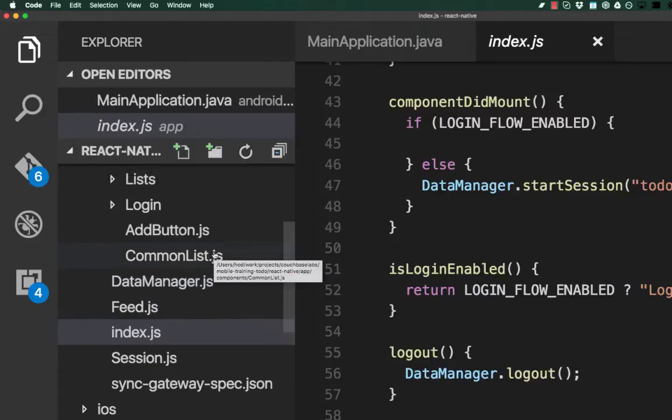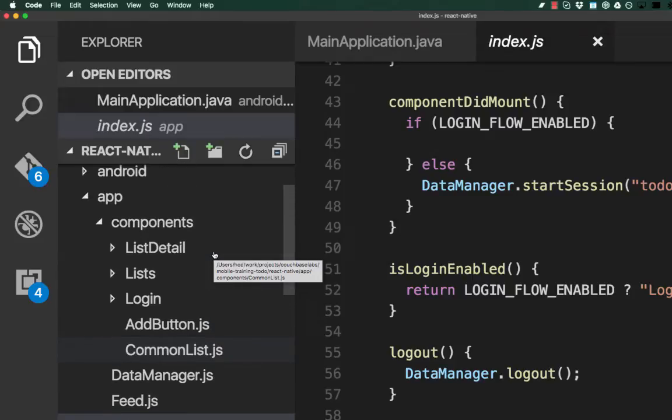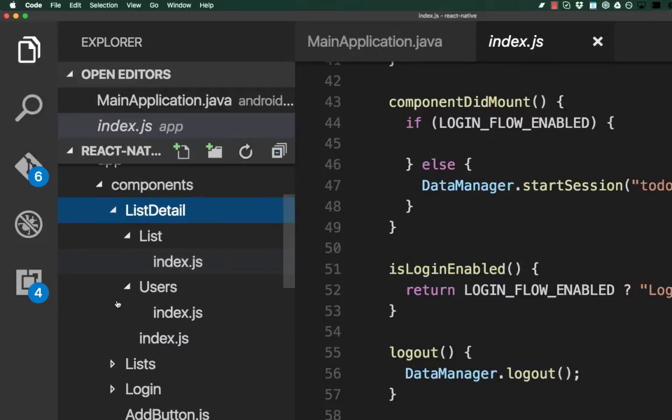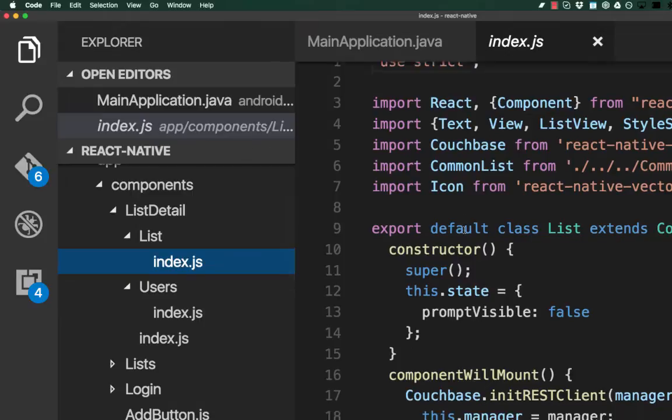Actually, I want to take a look at the UI pieces first, and then we'll drill down on the actual database side. Really, it's simply what you see underneath each of these pieces here. You remember when I went into the list detail, I had two lists, right? One was for my list of tasks, and one was for users. So again, I have my index.js for each of those, and if we go in and take a look at one of them,